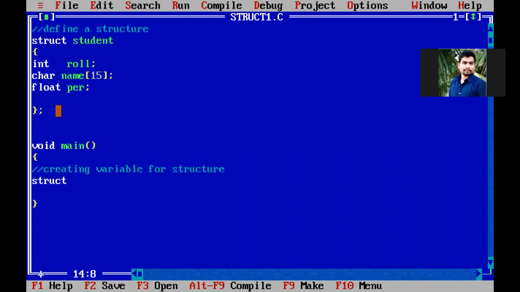Space. Struct, for which structure are you going to create a variable? For the student structure, that student name. Struct followed by that structure name followed by the variable name. What is the variable? S. Now what is S? S is a variable. Which type of variable is that?